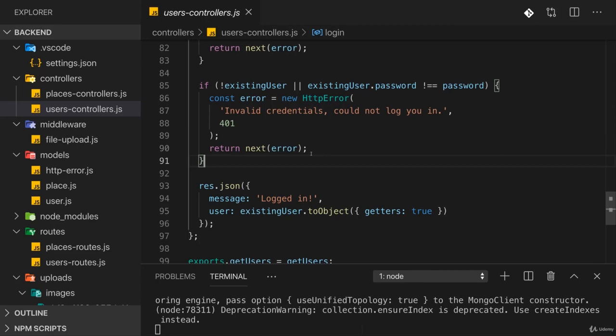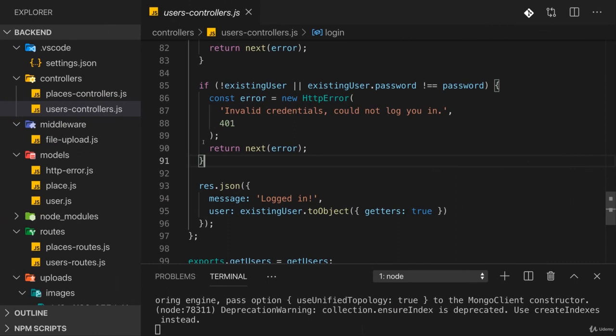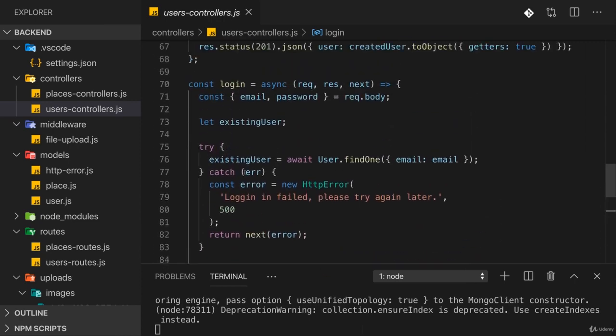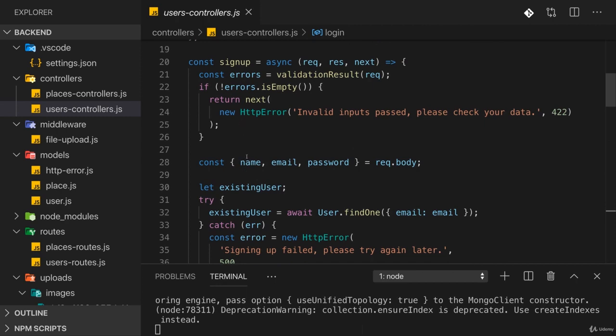So back in our code, again, I've got two windows, one for the backend and one for the frontend. You can see it on the top left corner. And I want to start on the backend. There, I want to start by ensuring that we are generating such a token. But actually, I want to start one step earlier, when a new user signs up, when we create a new